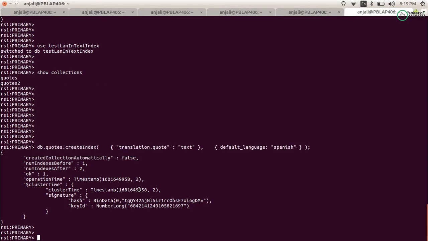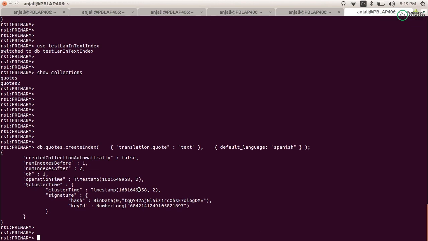So this is how you can provide text index language support, and it is useful because it helps the text indexes understand which language rules they need to apply, and it will provide you the exact answers.